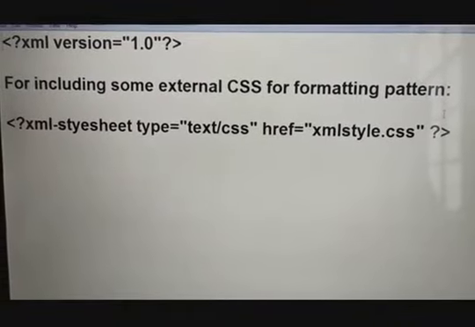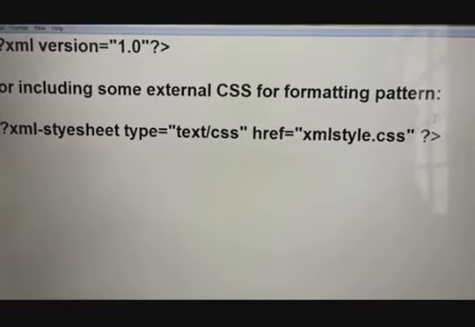And students, you are not required to download any kind of software for using XML. It can be coded in a simple notepad editor, just like HTML, we can do this kind of programming in notepad.